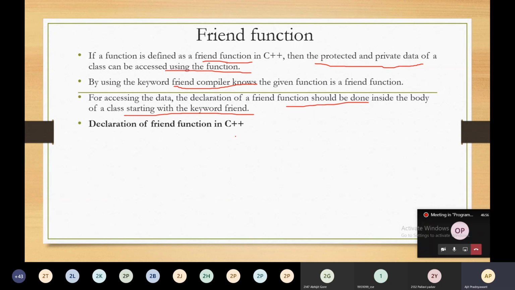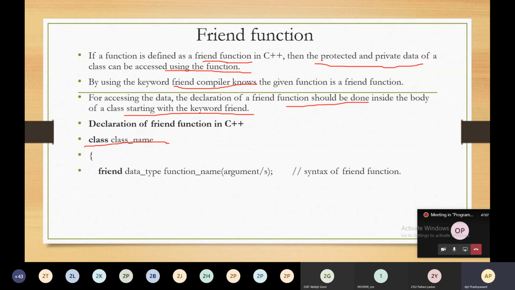So how to declare a friend function in C++? So this is your class and class name. Open the class, and this is the way to declare the friend function. You have to mention friend, this is the keyword, and then data type, function name, and number of arguments, and then semicolon.